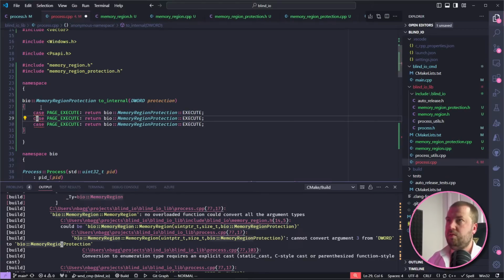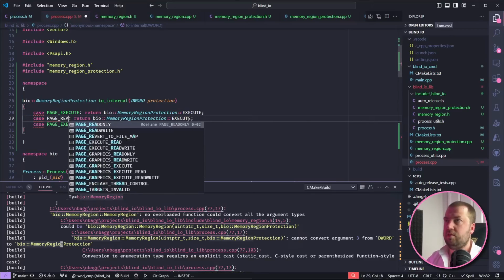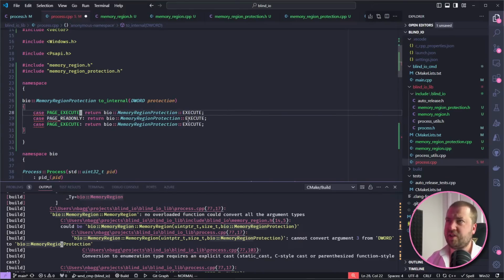So that's execute. Is it read? What's it called? Read only. Obviously, you have execute and not execute only, and you have read only, not read. Sure, whatever. And then is it write only?